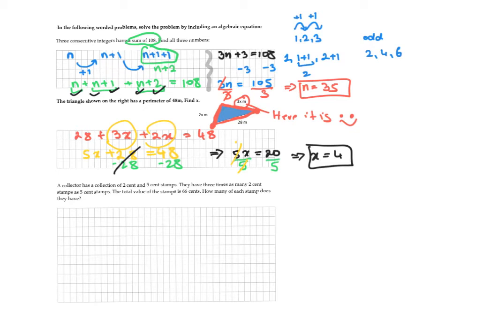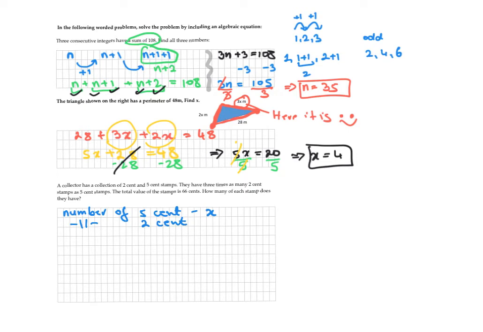So the first thing that we're going to do is assign some variables. I'm going to use blue. So the number of 5 cents, we can say is x value. Then the number of 2 cents,